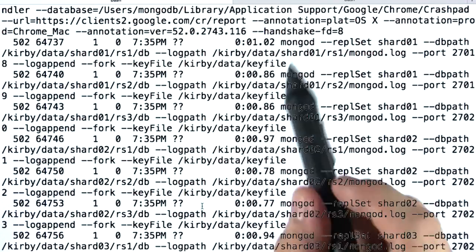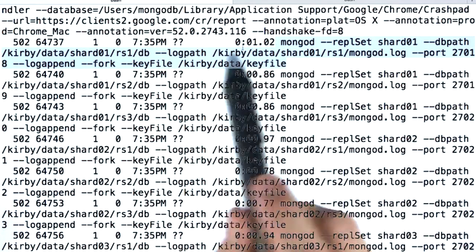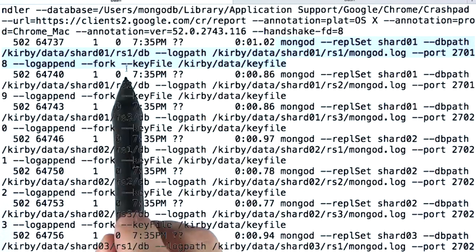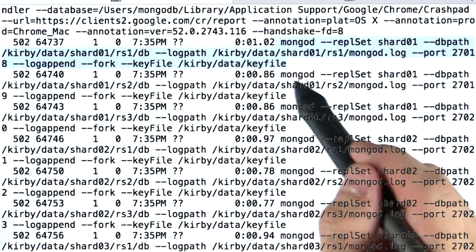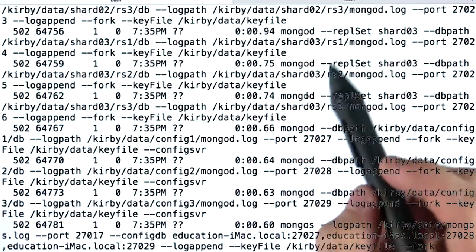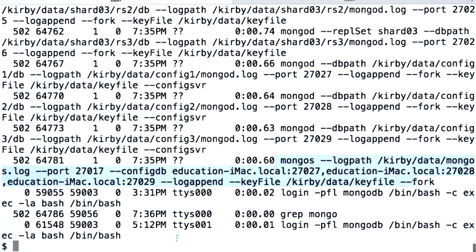And as you can see here, we're just setting up 9 different MongoDs in the typical fashion, and then specifying that we want to use a key file for internal authentication between the 9 different MongoDs. And of course, there's also a MongoS, and that MongoS passes in the different configuration data to the configuration servers, and that's how mlaunch set it all up. But if we want to go ahead and connect to this server, we can just run mongo and see that